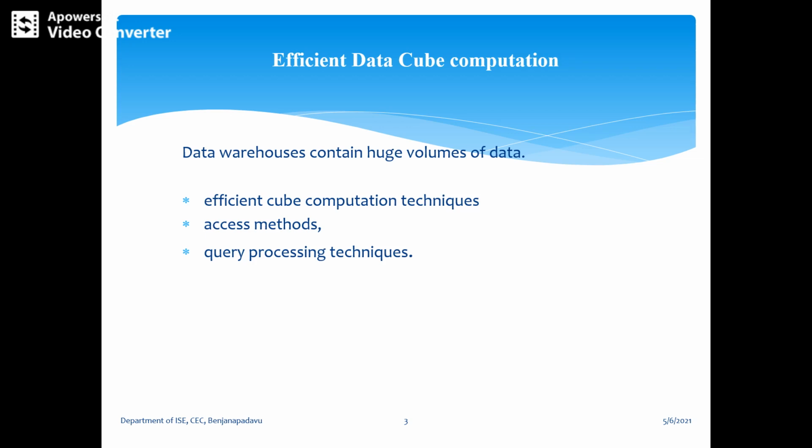Here we have the compute cube operator and the curse of dimensionality. There is one approach: in the computation, SQL has to include the compute cube operator. The cube operator computes aggregates over all subsets of the dimensions specified in the operation. This can require excessive storage space, especially for a large number of dimensions. So we should look into efficient computation methods, query processing techniques, and access methods. These are the key points to be taken into consideration.